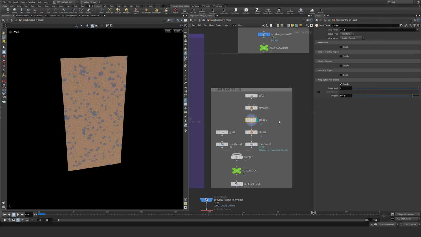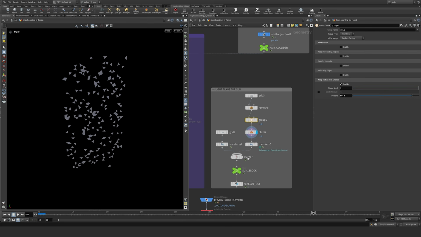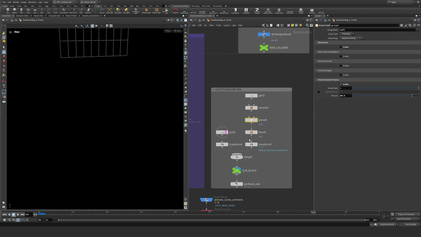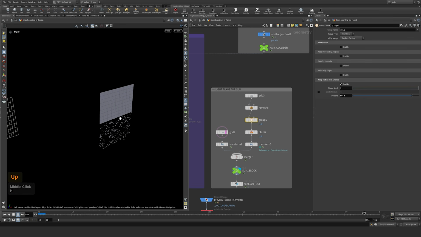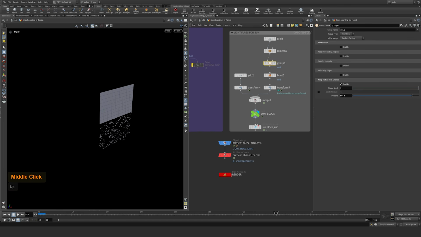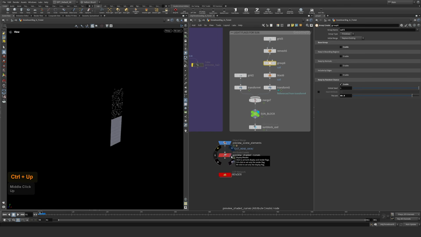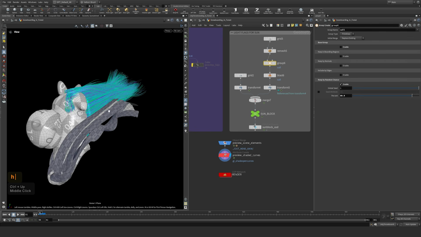I randomly call out some of these pieces here, the primitives, delete those out, apply my tracking, and I have a second grid that's solid, so that way it blocks all of the light and this mimics the leaves of trees. So when I put the tracker back on there, we now have this being in the right position and just rotating and doing its thing over time as the shadows needed and as the other shadows are needed. That's put out as a USD as well, which all combined give me